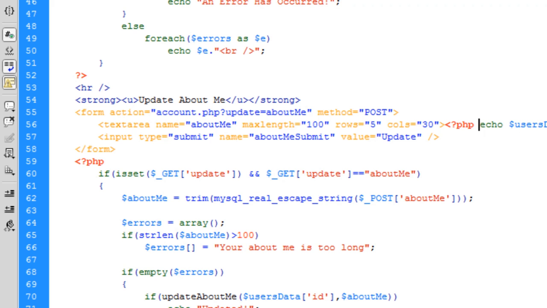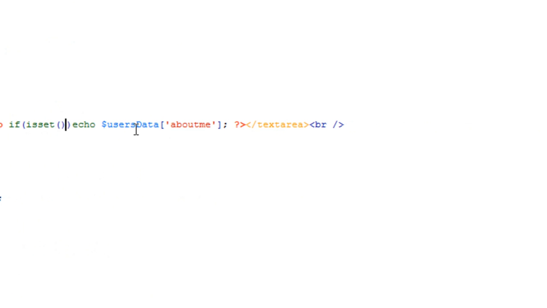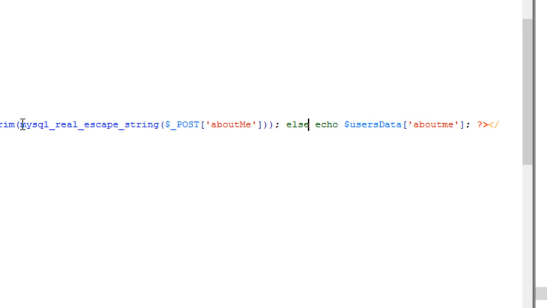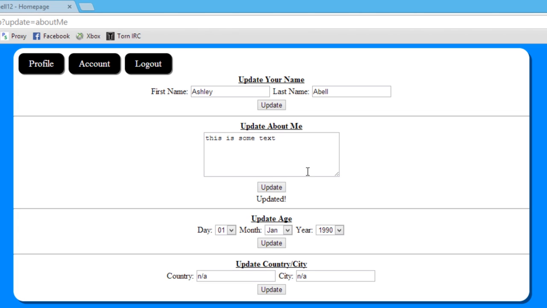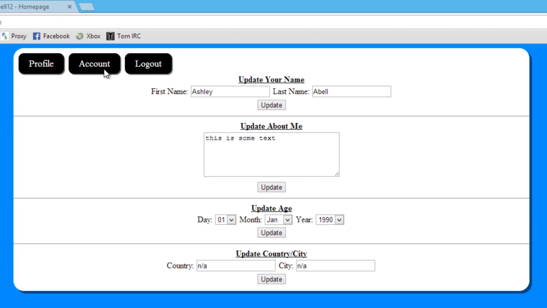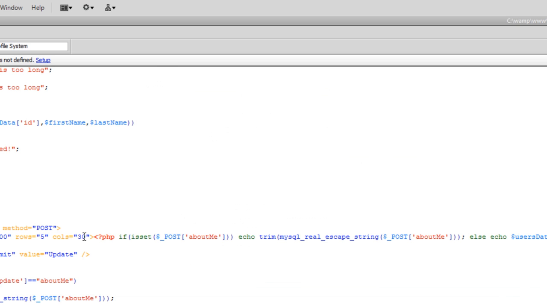So if is set $_post about me, then echo this basically with the trim as well. Else echo what was from the database. Okay, so we've got that. This is some text update, and as you can see, it stays there now, as well as updating. So we can basically just do the same for